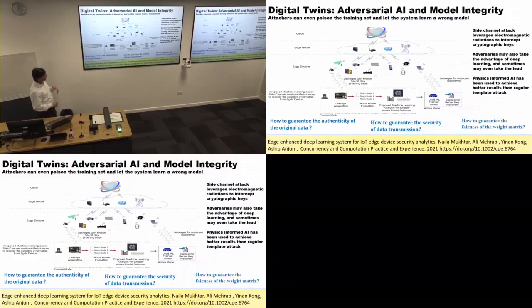Probably my last slide. We are bringing in physics, but physics poses a different challenge as well, because if we are synchronizing physics and digital twins together, what